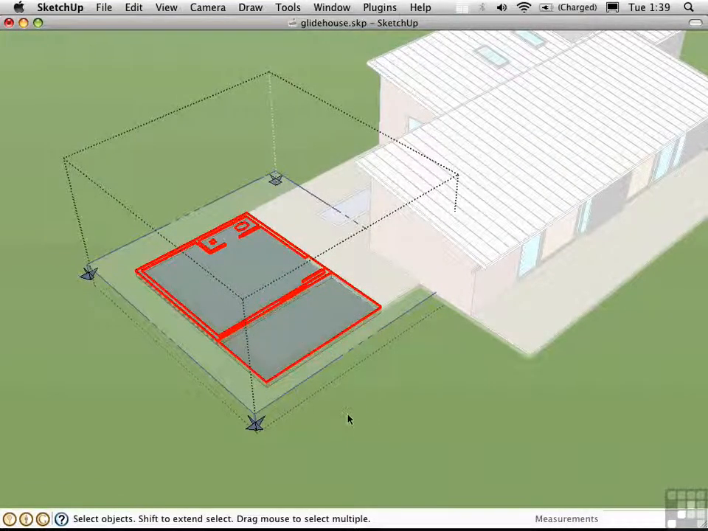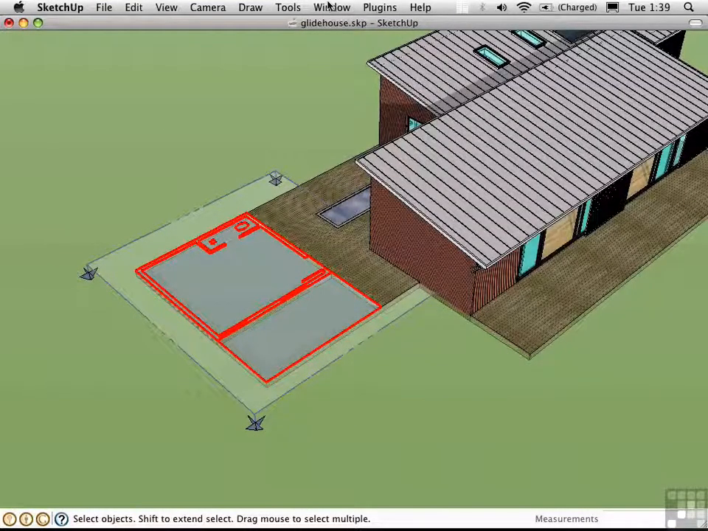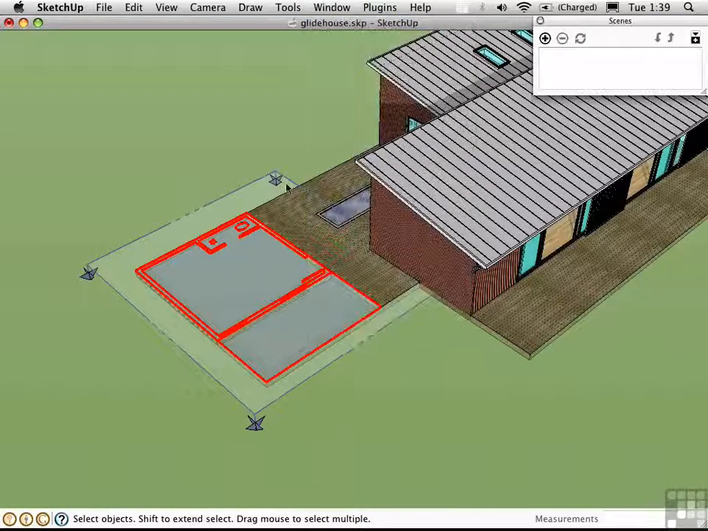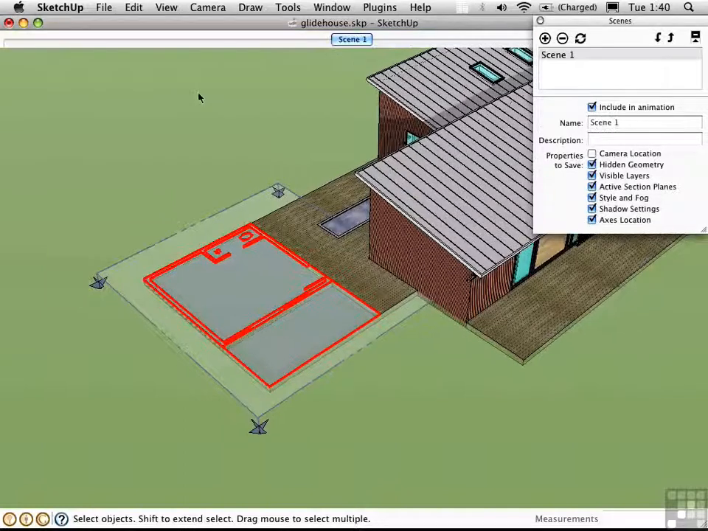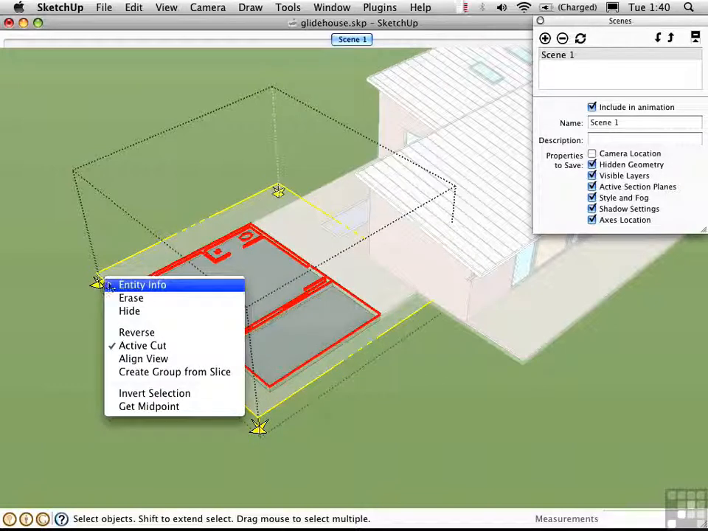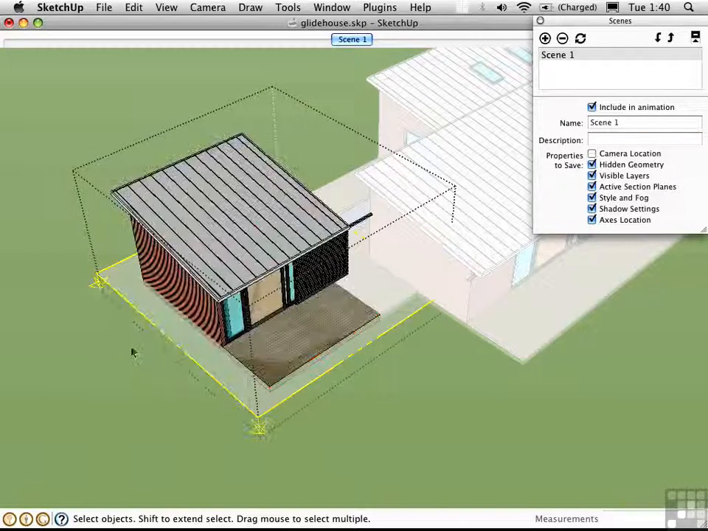I'll close the group and open the Scenes window. Expand the scenes. Make sure Active Section Planes is checked. And in this case, I'm going to uncheck the camera location because I want to have independent camera control. Save the scene, and then go into the group, right-click on the section plane, and uncheck Active Cut, thereby turning